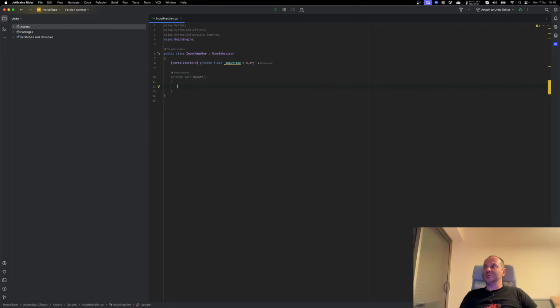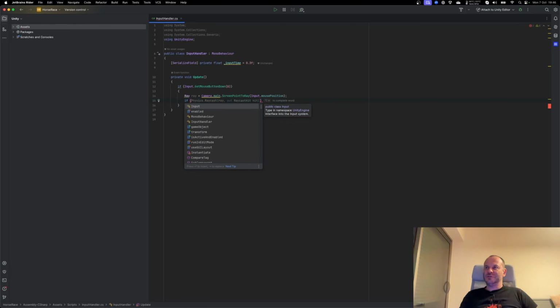we are going to get the mouse position. First, if the mouse is clicking, no, Input.GetMouseButtonDown(0). Okay. I like when it does this. Sometimes it gets it terribly wrong, but I'm surprised it figured out I need to do this. Camera.main.ScreenPointToRay(Input.mousePosition). Yes. And if Physics.Raycast, out RaycastHit,